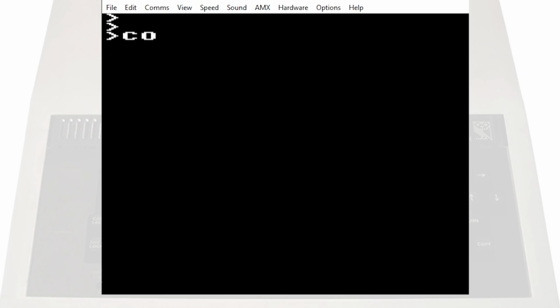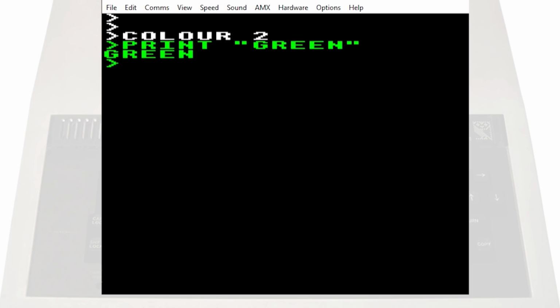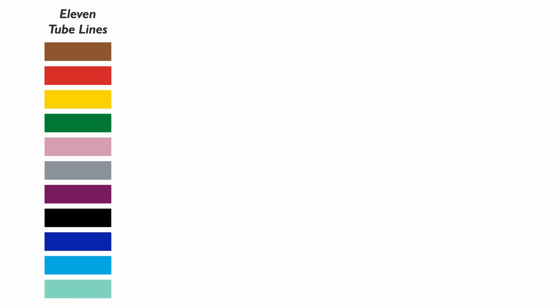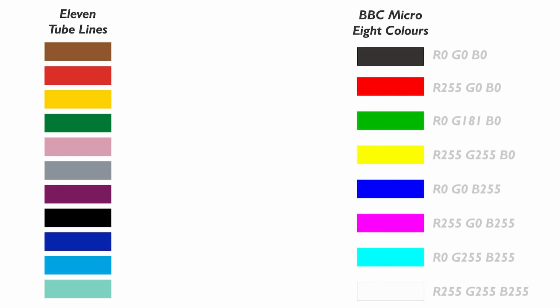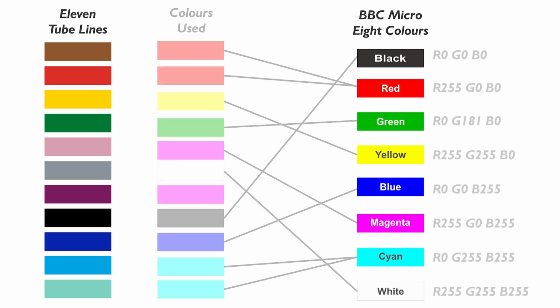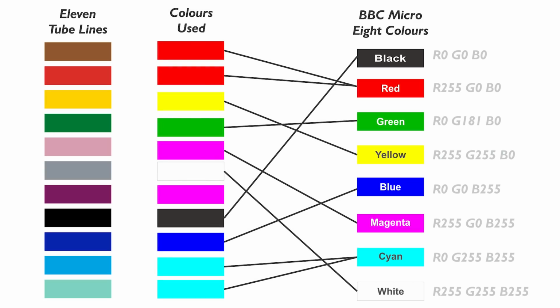The first thing that I'm choosing to do is to work in graphics mode 2 because it says that it gives you 16 colours, but really it's 8 colours because the other 8 are flashing and that just looks terrible. So I'm limited to drawing 11 different colour tube lines by using only 8 colours. If I have the background black, I'll have to use white for the Northern line, and if I use a white background, then I can't use white. So really, it's only 7 colours. Now they are red, green, yellow, blue, magenta, cyan and white. And here's how I'll be matching them up against the lines, and yes, that means there's obviously some duplicates.